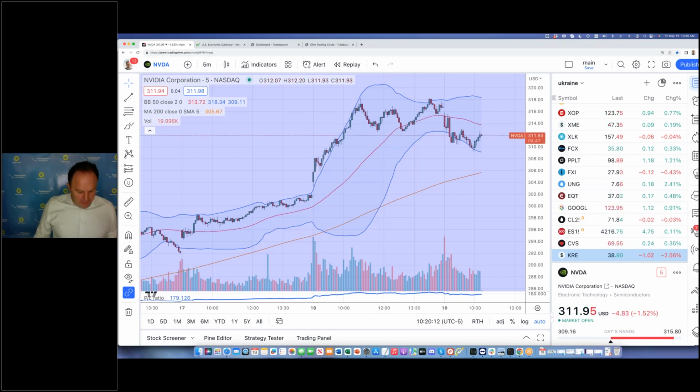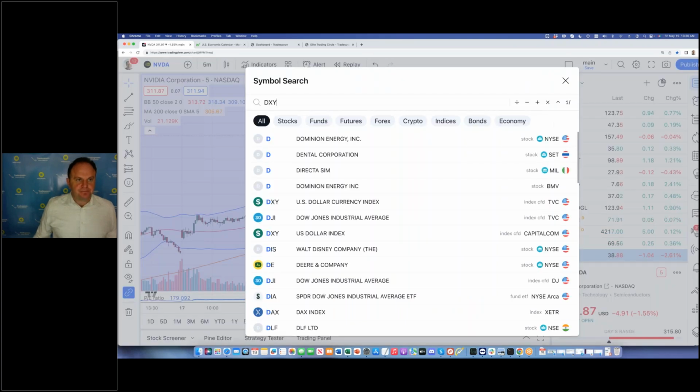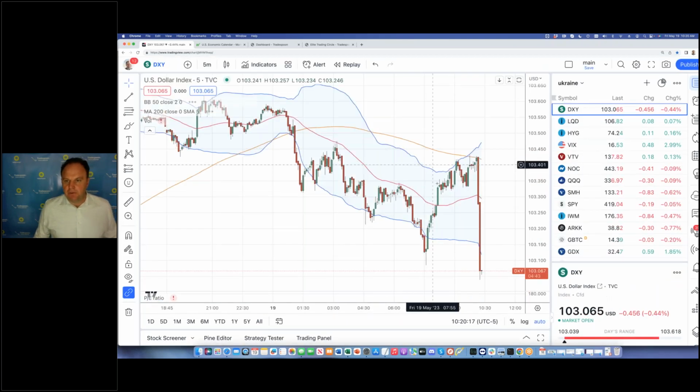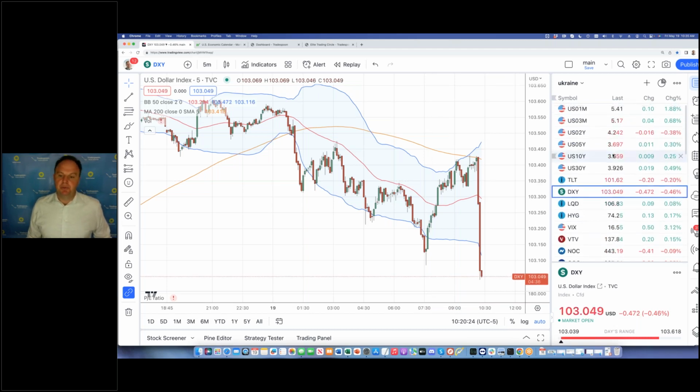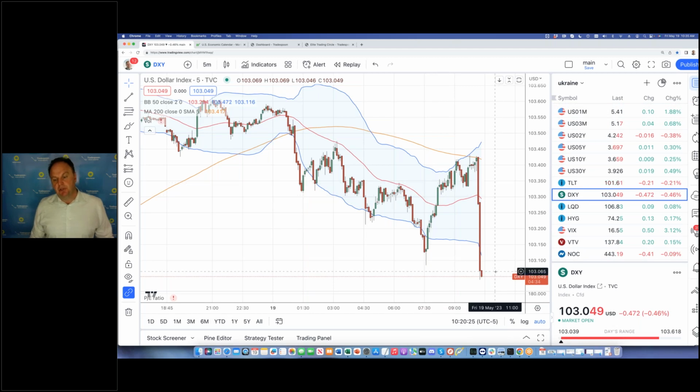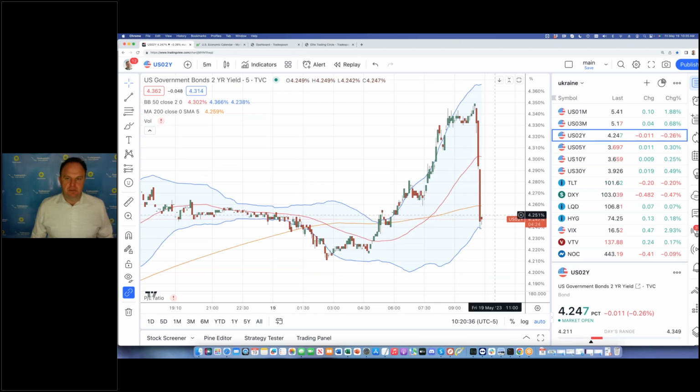Dollar is selling off, okay? Yeah, dollar also has a pretty big pullback, okay? So again, this is bullish, that the dollar is selling off, right? Because that's good for the economy, a weaker dollar. Interest rates are selling off, that's not so good for the economy, right? Because that's a fear of recession.